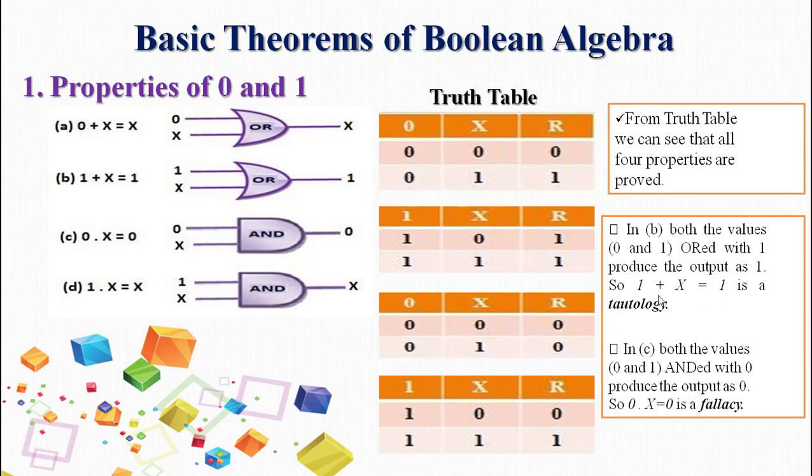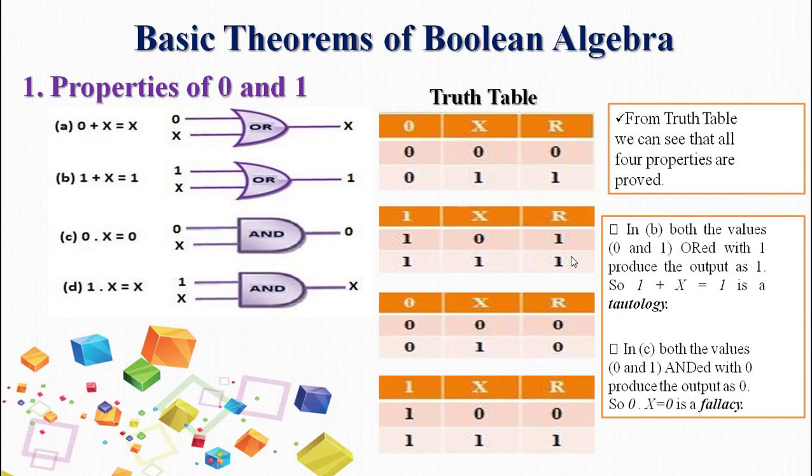So this is a 1 mark solution. Prove that 1 plus x is a tautology. So how will you prove it? By using the truth table. 1 will be the constant value, like this, and x will take up 2 values, 0 and 1. You will be proving that the resultant is always 1 when it has been added with the input signal. So 0 added with 1 produces 1, 1 added with 1 produces 1. So always it is 1. So hence proved.